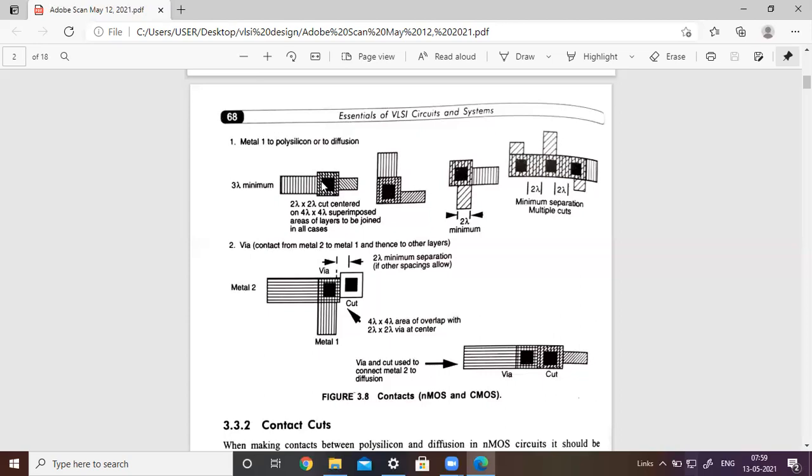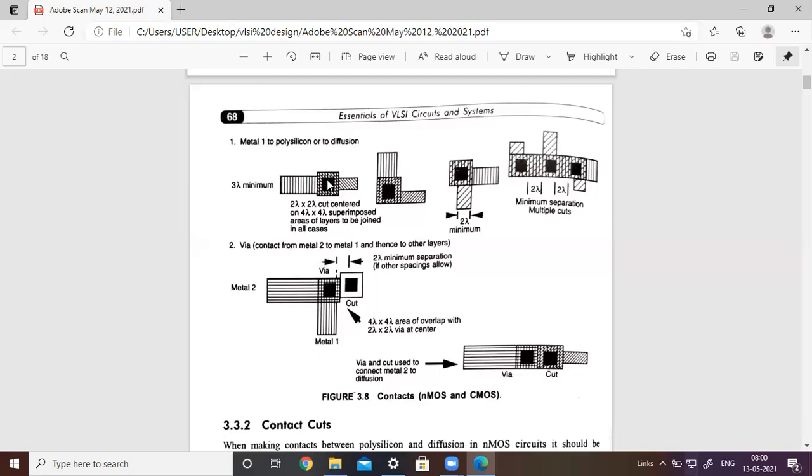And see this separation. The total is 4 lambda in length, and the width is the same, a square. Okay, 4 lambda by 4 lambda. So this is 2 lambda, 2 lambda. From this point to here is 1 lambda. From the bottom of this contact cut to the next boundary is 2 lambda plus 1 lambda, so the width of that contact totally becomes 4 lambda. Similarly here also the extension is 1 lambda on each side, totally 4 lambda. So this is a 4 lambda by 4 lambda cut.